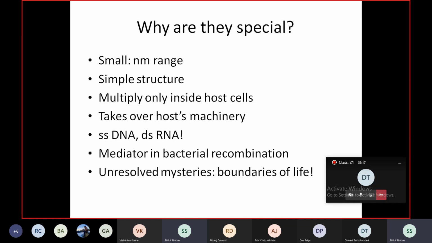They are routinely used. In fact, the whole idea of studying transformation, transduction, conjugation is because they are used in recombinant DNA technology, wherein you change the genetic makeup of organisms, right from microorganisms to higher organisms. But despite years of technological advancements, there are still unresolved mysteries. And of course, we are all party to this fact in the ongoing situation.